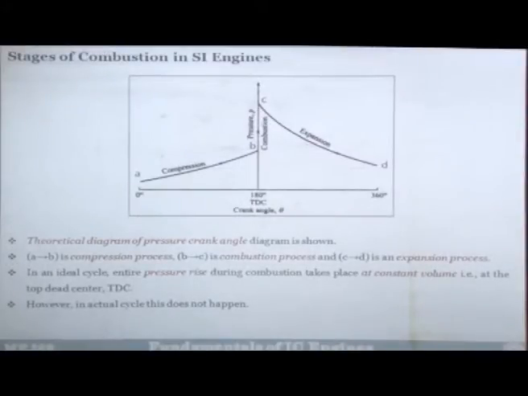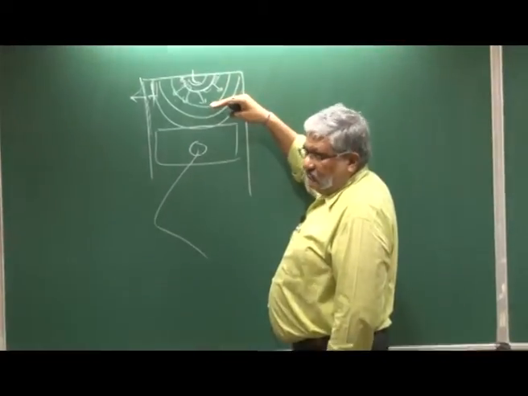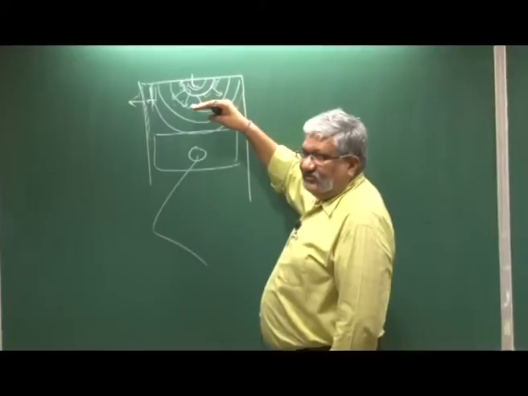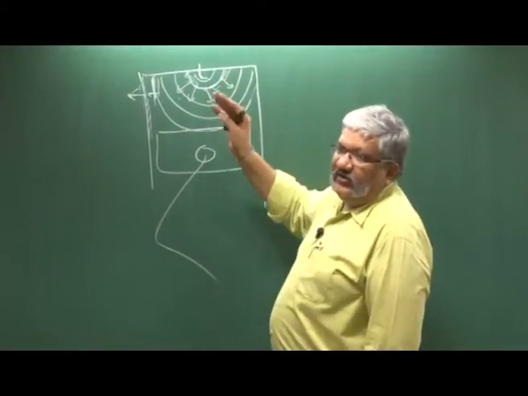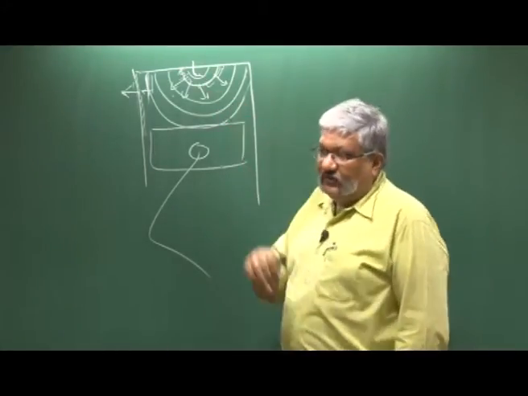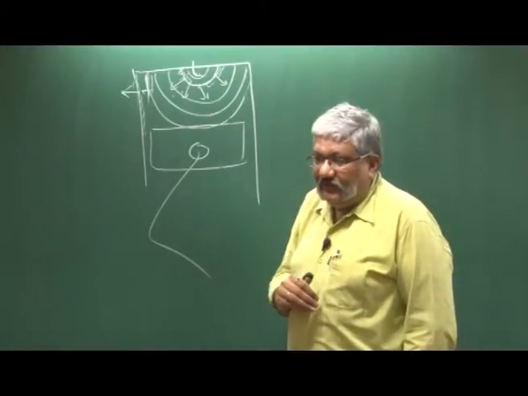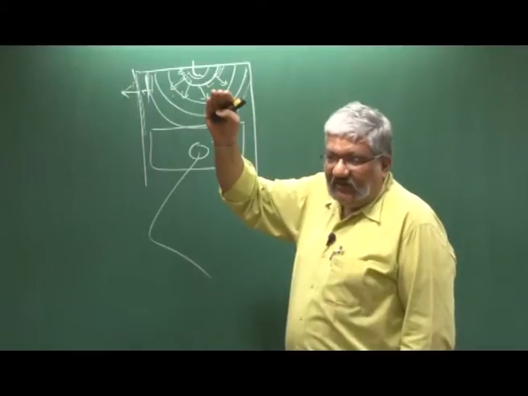Now, you remember when we discussed the Otto cycle for spark ignition engines, what was happening? Let us go completely theoretical, ideal cycle. We compress the mixture, we go to the TDC, this is only compression stroke. The moment you apply the spark, the entire combustion chamber releases the heat in one go. So, the heat is released at constant volume, right. So, at constant volume the pressure will shoot up.